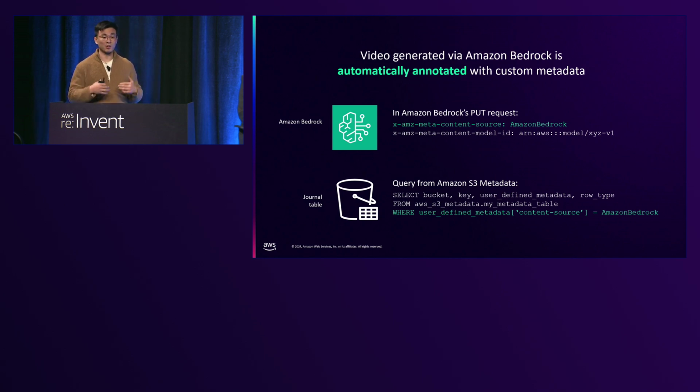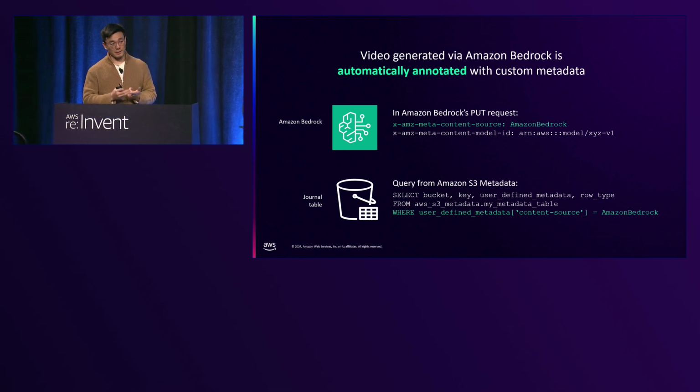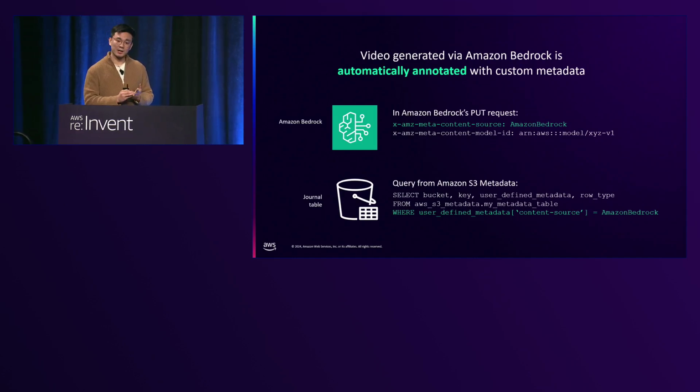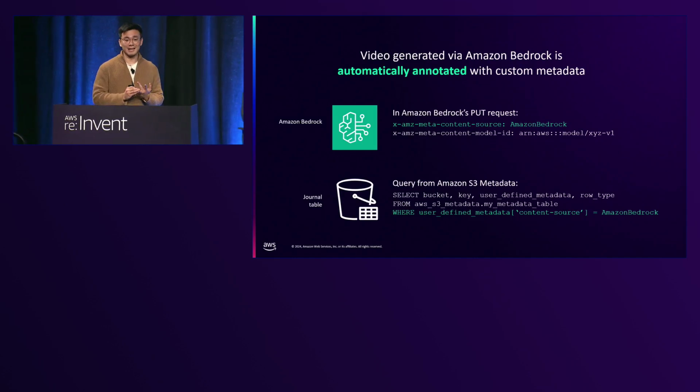Additionally, customers are telling us that I want to track lineage of how a piece of AI-generated data was generated. Which model, what time was it generated? So as part of the Nova model launch yesterday, Bedrock will begin annotating video and images that are outputted and stored on S3, and specifically using the immutable user-defined metadata we just talked about. And specifically, Bedrock will annotate a few things, like this object is generated by Bedrock, which model generated this piece of data, which request ID, invocation ID sent to Bedrock generated this data.